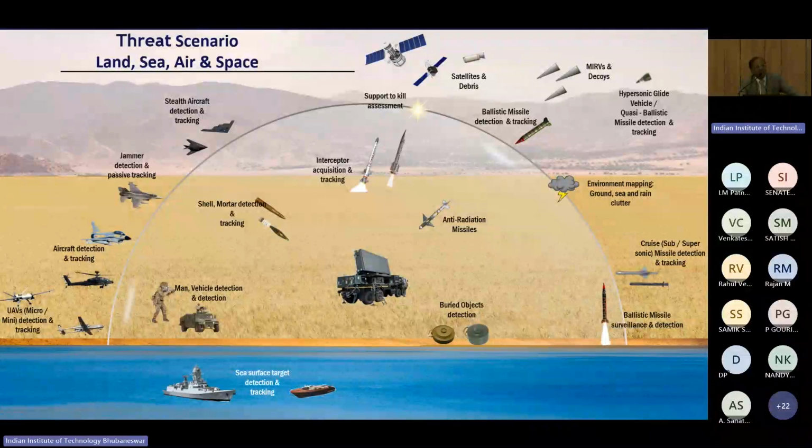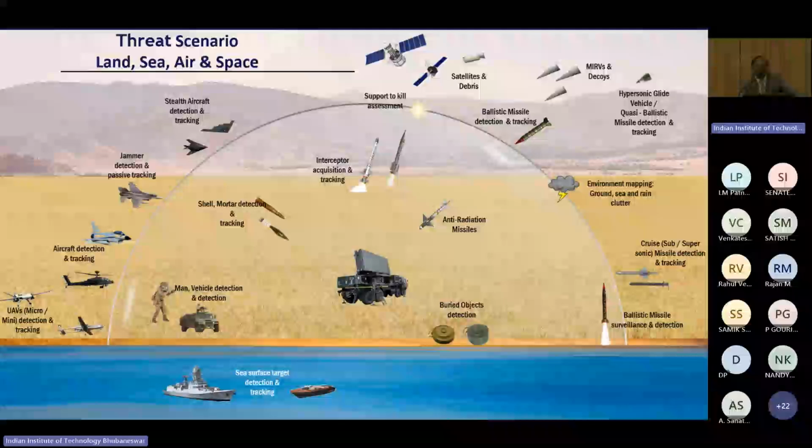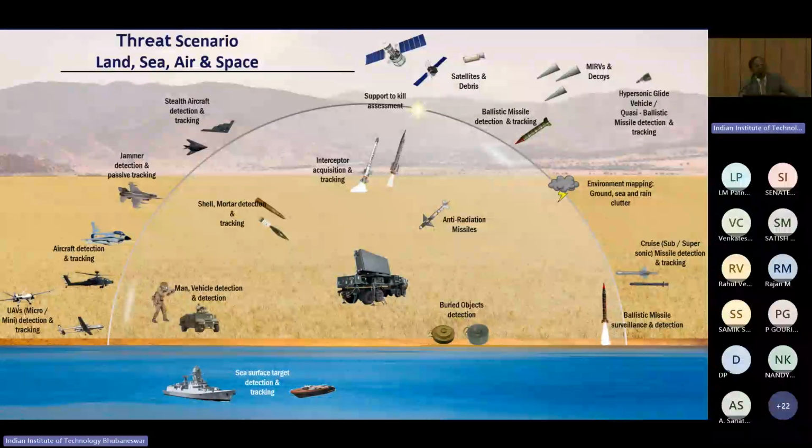How it does it? I'll give you a small scenario, you will understand. A radar tracks because it pumps the microwave out, right? You all agree with me? So that microwave goes and hits the target and comes back, and that is the reason radar gets the target data. And when it comes from a missile, then the radar gets its position, then commands the counter missiles through the interceptor. The interceptor is guided through the same radar again. Then both of them are merged together. Then it comes to the interceptor's seeker. The seeker is a tiny radar inside the missile. It comes to the zone of targets and then it hits and destroys the target. That is the simple theory of ballistic missile defense.